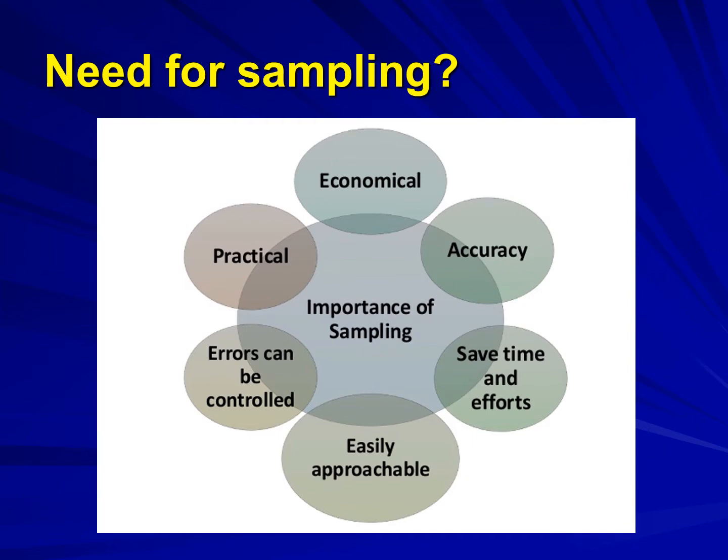Now, in terms of accuracy, suppose you want to measure the waist to hip ratio of 1000 women. Instead of that, if you have selected a sample of 100 women and you measure the waist to hip ratio of those 100 women, definitely it will increase the measurement accuracy of the waist to hip ratio in those 100 women. So this is how sampling will help you to conduct your study in a more practical way, and it can reduce or control the errors that are going to be introduced in the health research.